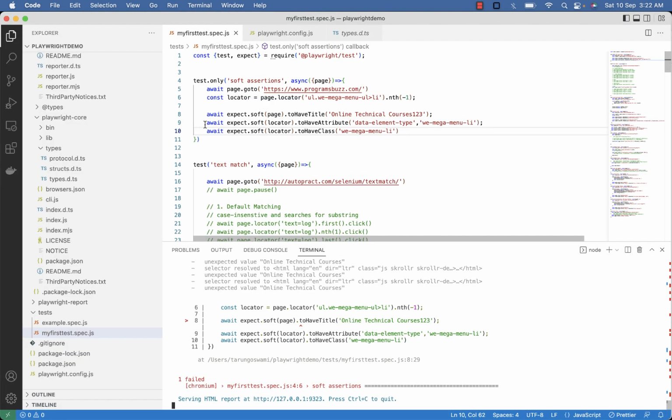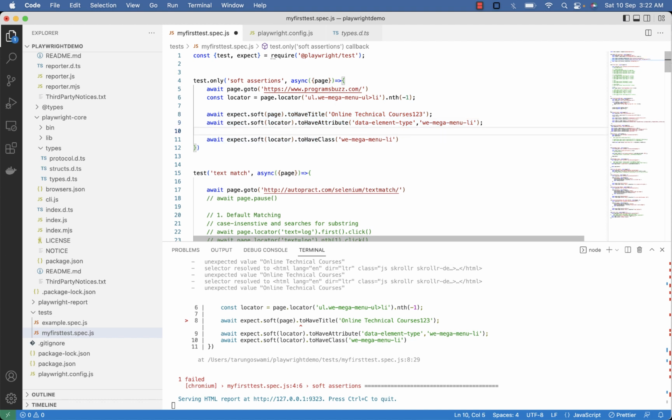Now there is one more case. You can terminate the test execution even with soft assertion. Suppose after two soft assertions, I want to terminate my test and do not want to check for more assertions. That is also possible. So type expect